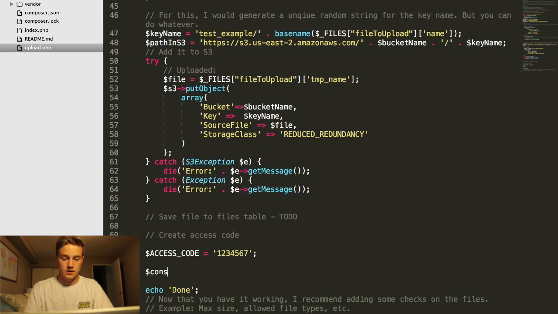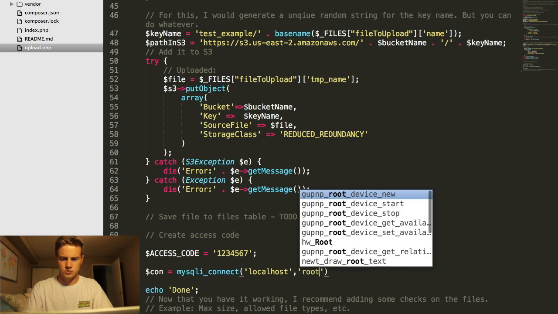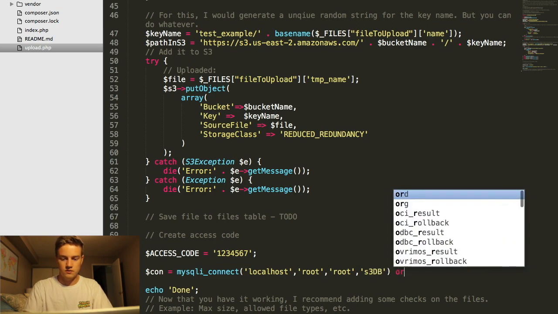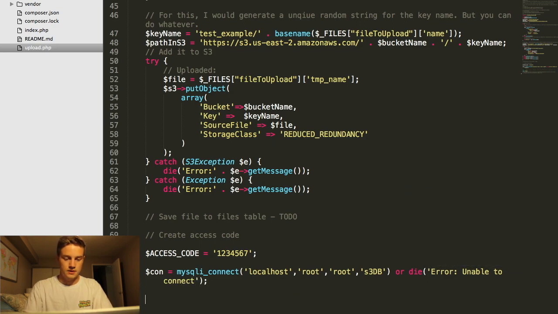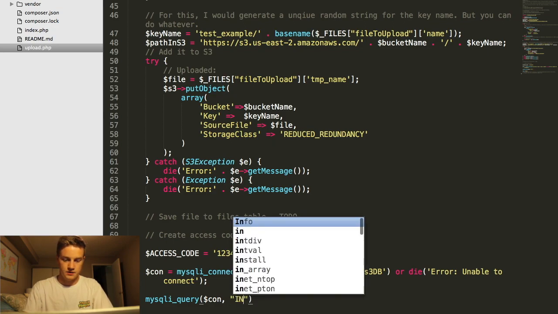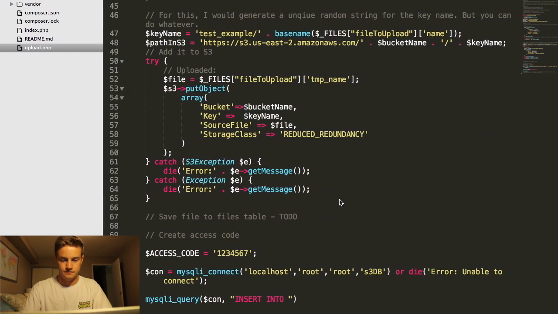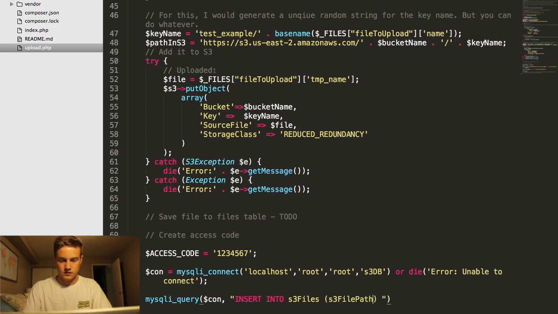And what we're going to do is we need to connect. And then we're on the localhost. The username's root, and the password's root again, or if they're blank. This is called S3DB, the database. Die, unable to connect. And what we're going to do here is say connection and insert into this table called S3 files, where the S3 file path is this, and the access code values will be